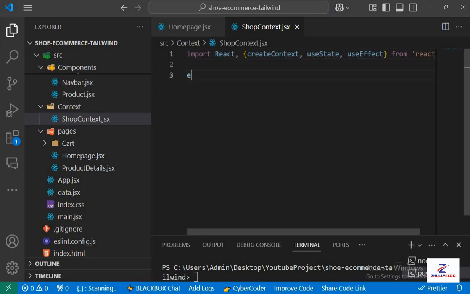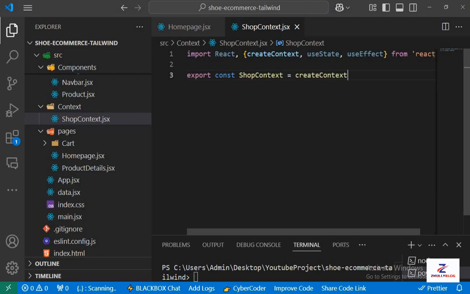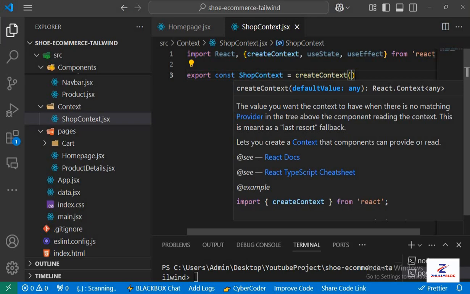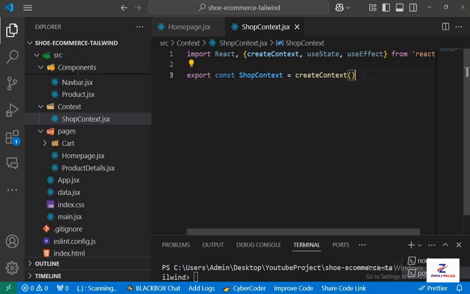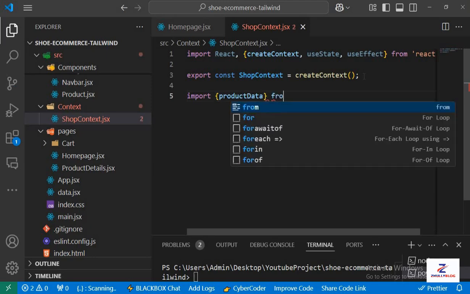So here I'll use export so that we can access the shop context in any application. Export ShopContext equals createContext. And then the very next thing is to import the product data that we're going to need. Import productData from